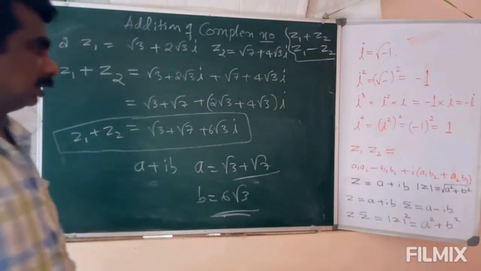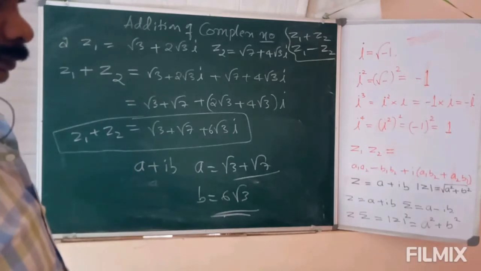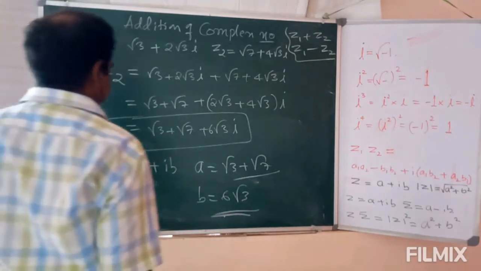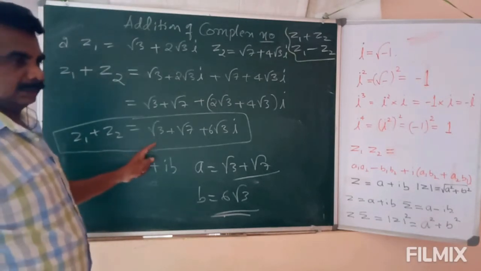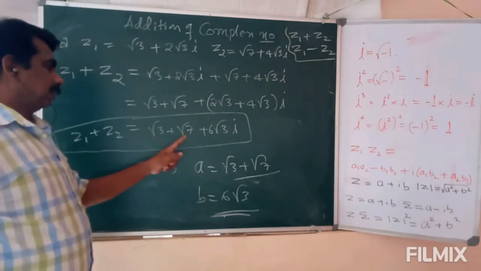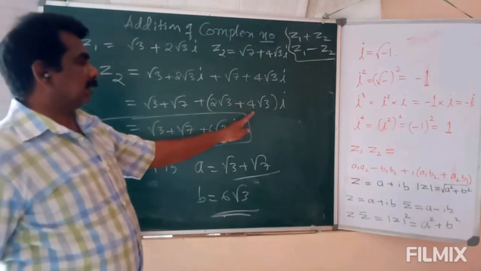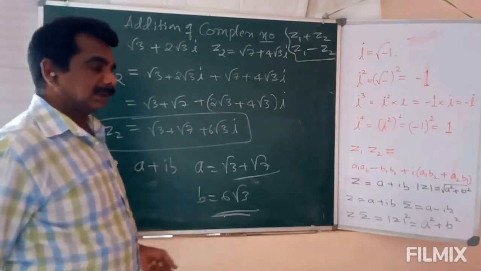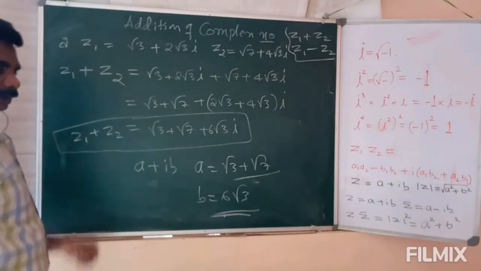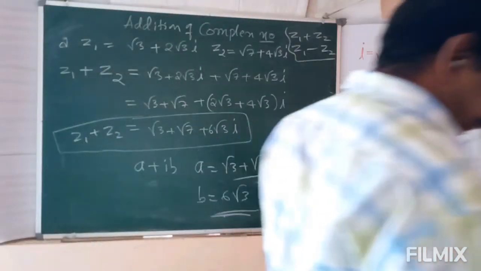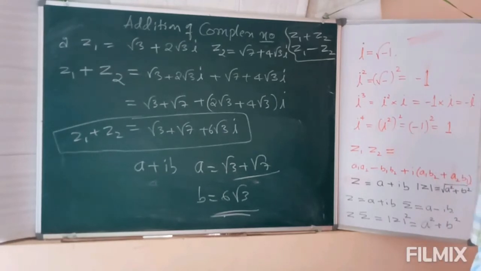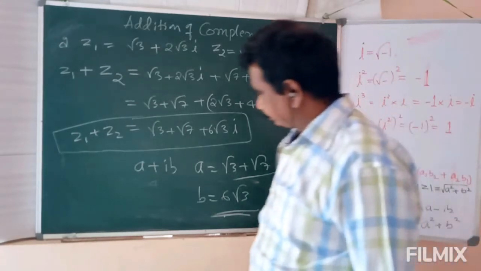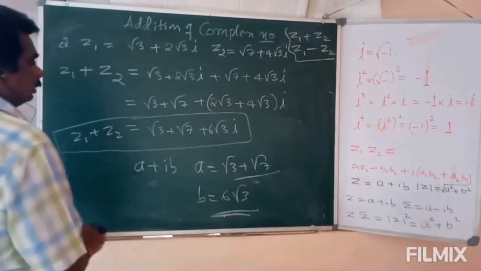This method you have to add. You cannot add here because root 3 is different from root 7. Because 2 root 3, how many? 4 plus 2 is 6 root 3. Write it. Take it. Be quick. Similarly for subtraction.